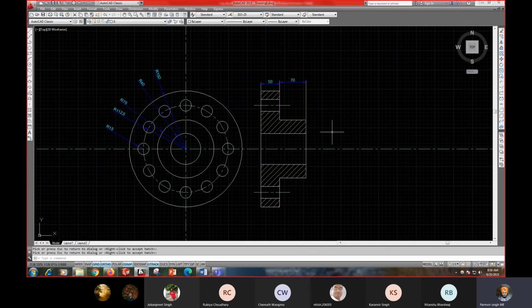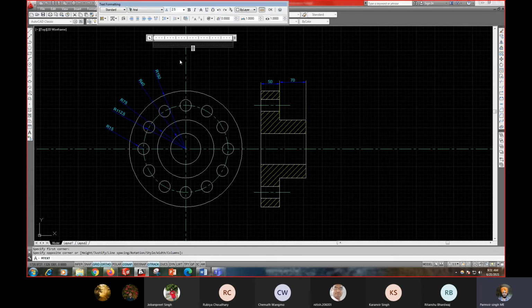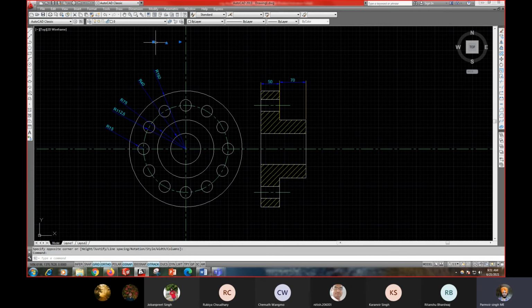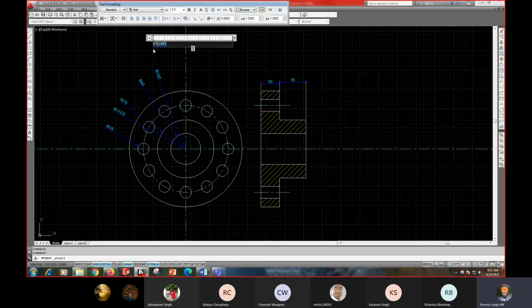Now you can see your drawing is almost completed. Now you have to define which one is the front view and which one is the side view. So you can define it with the help of the text command, T for text, multi-text. Then define the first point, then write the text. Front view. Yes, so I have to increase the size of this one.